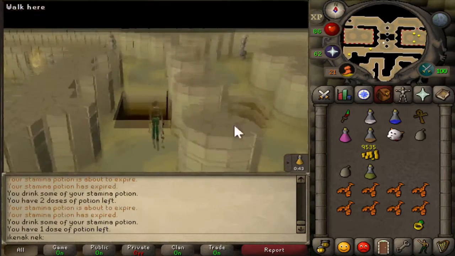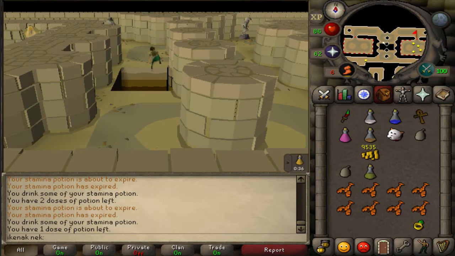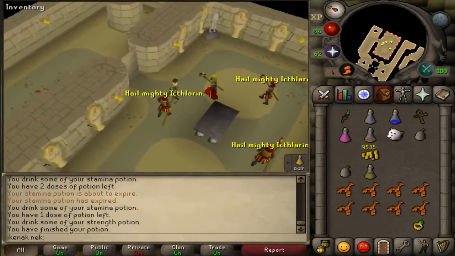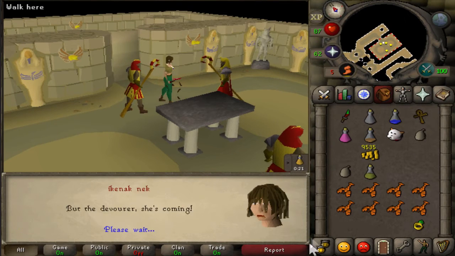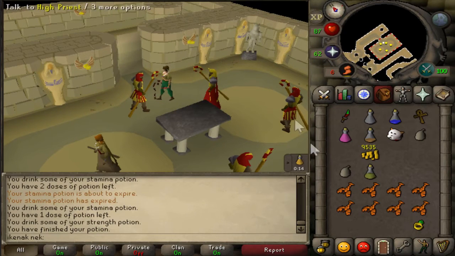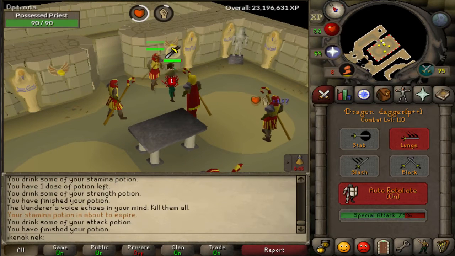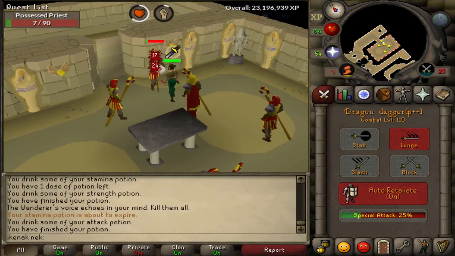Now you want to jump over the gap. Once you make it over the gap, I'm going to head to the east room. Prepare for the final battle. This wanderer will pop up and summon some guy to beat you. Once he's dead,